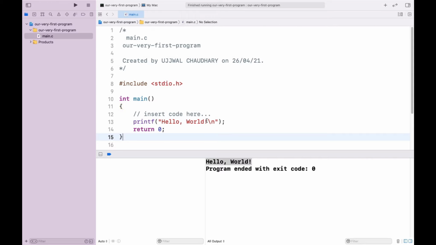So what about this program ended with exit code 0? The exit code is the code that is returned by the main. Every function has a return type that I mentioned, that it has an integer return type, and at the end of each function we need to include a return statement that will return the respective value that was asked. So it has a return type of integer, so we need to return an integer itself. So we are returning 0 here, so we are exiting the program with the exit code of 0.